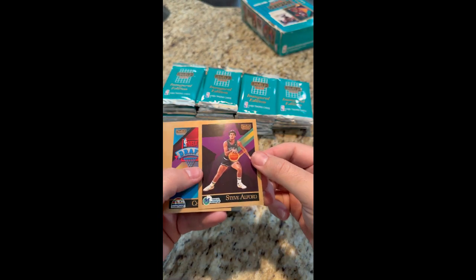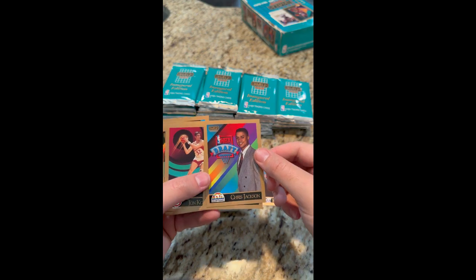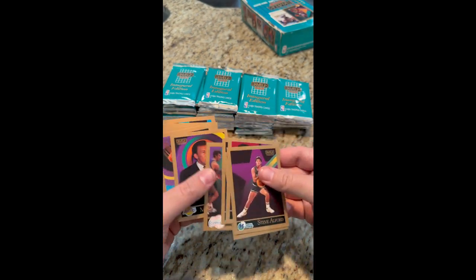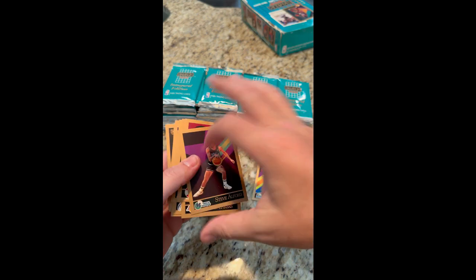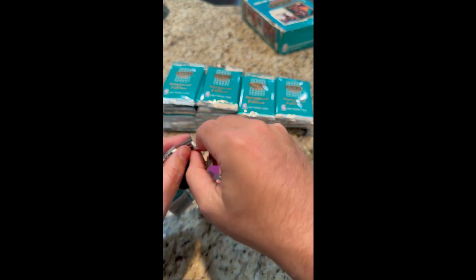Steve Alford, I've gotten this one TTM and signed. That's a great looking card. There he is. Chris Jackson, better known as Mahmoud Abdul-Rauf. Magic Johnson. There's a Mitch Richmond rookie card. Thurl Bailey, of course, was part of the